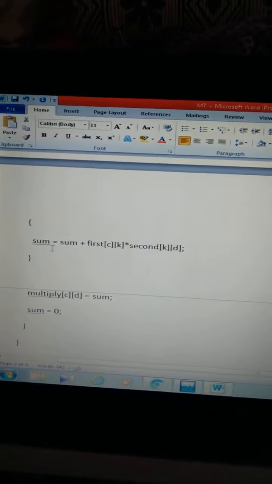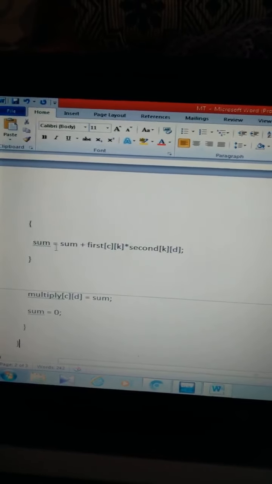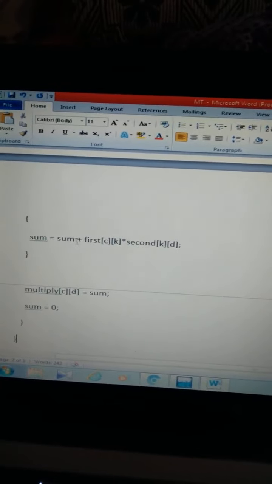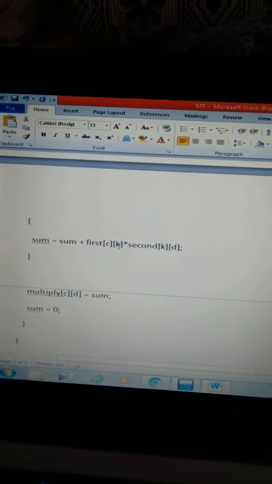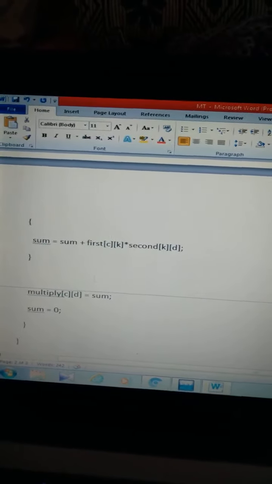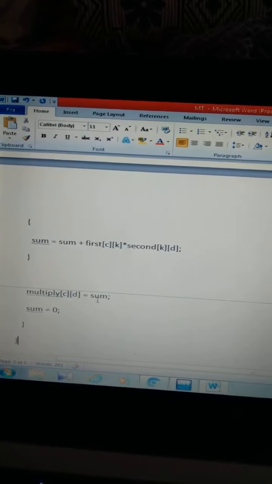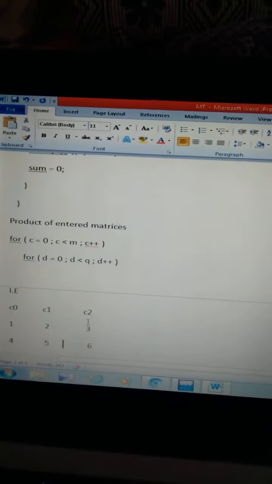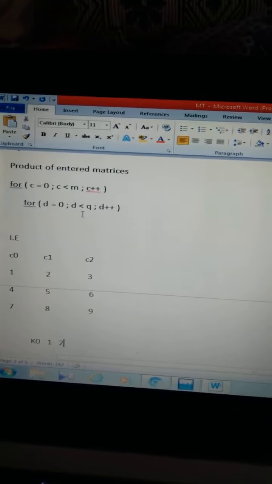Then sum, the total final value, is initialized to 0. We start with 0 plus the first matrix multiplied with the second matrix, and the resultant matrix is equal to sum. The product of the matrices has order M cross Q.